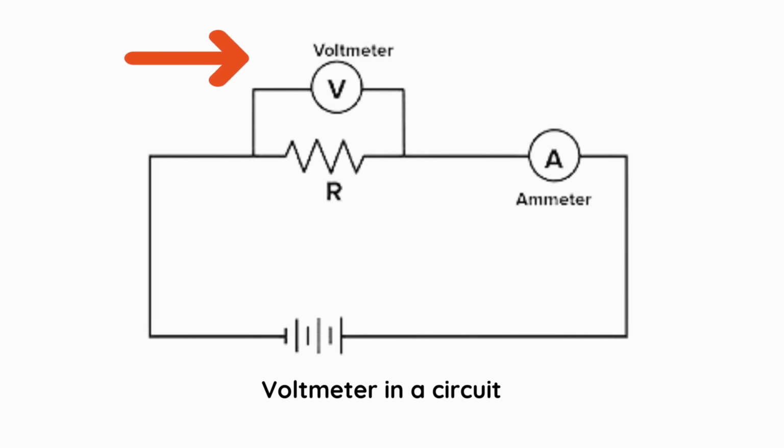Parallel connection ensures that the same voltage is applied across the voltmeter as across the 2 points between which the potential difference is being measured. This way, the voltmeter can accurately measure the voltage between those 2 points. If a voltmeter were connected in series, like an ammeter, it would alter the current flow in the circuit because of its high resistance, which could lead to incorrect measurements and affect the operation of the circuit.